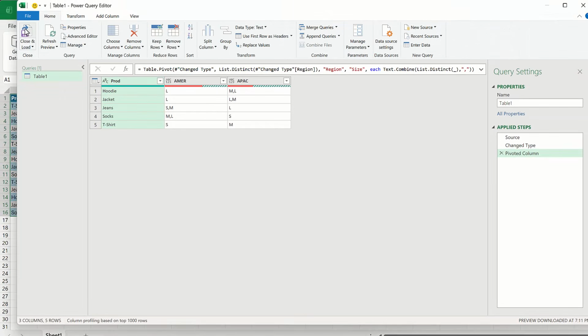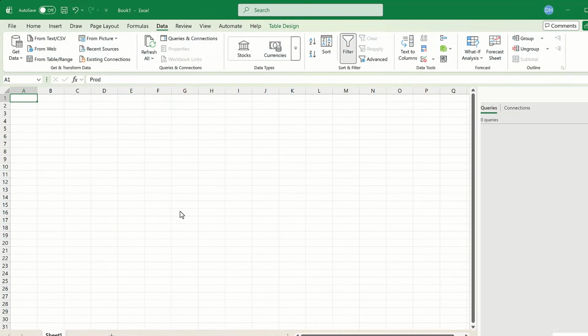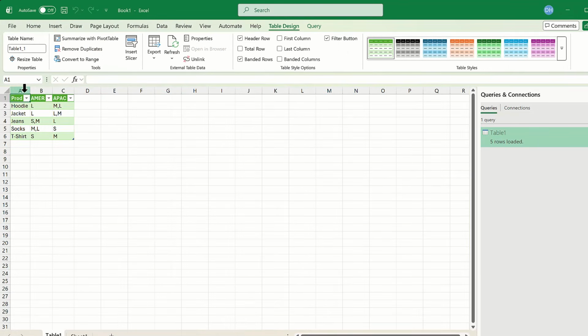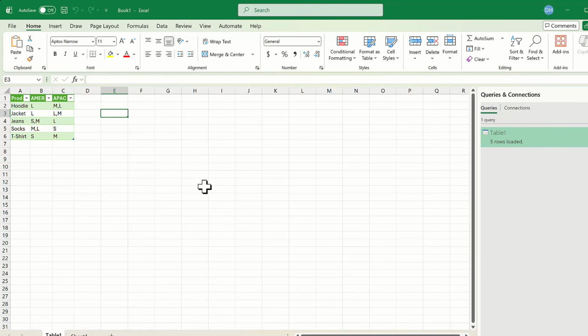Go to Home, click Close and Load. It's going to put it into a brand new worksheet here. And let's expand this. So that's how we can use Power Query to simulate a pivot table and put text values in the data area of it. And I showed you two ways that we can have values within that comma separated value field, one where there's non-unique values and